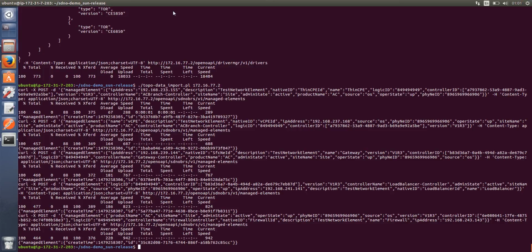Now we have started all of the microservices, the simulated controllers, and the simulated SFC drivers, and we also registered the network controllers to ESR and imported the topology data to the database of OpenO. Before we provision